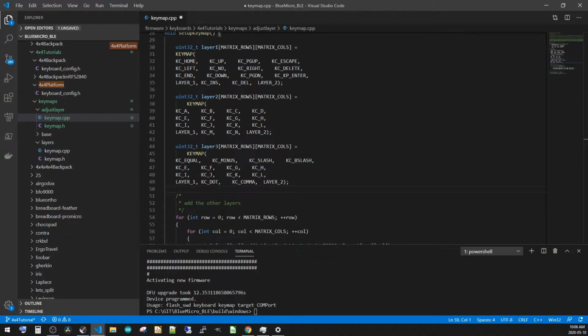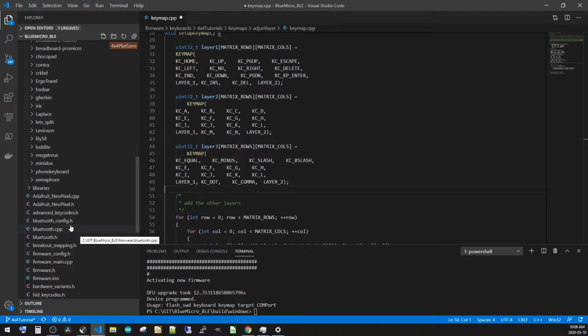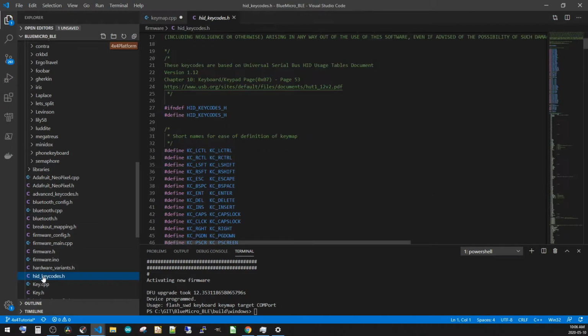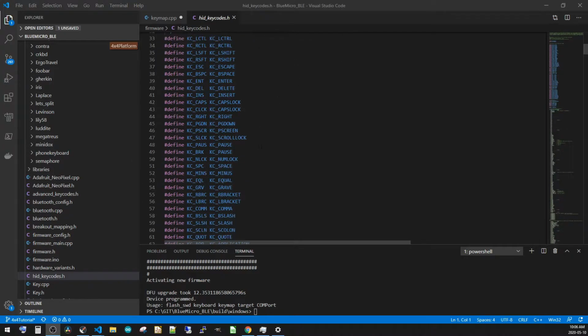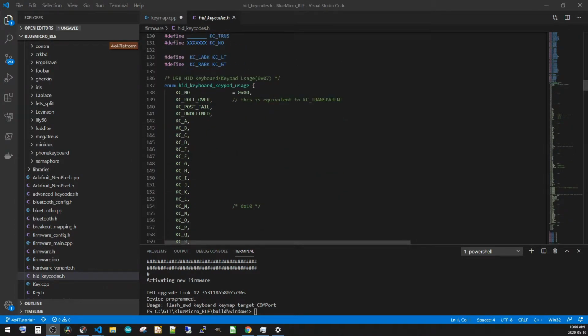So let's go into our firmware here. There are actually two files I want to show you. The first one is the one called HID Keycodes. In here you can see very clearly there's a large number of definitions. We can see here's the whole set